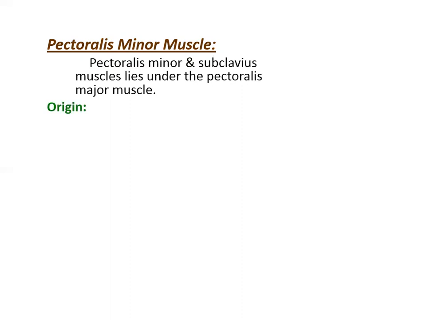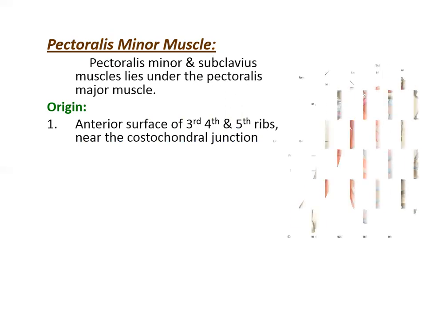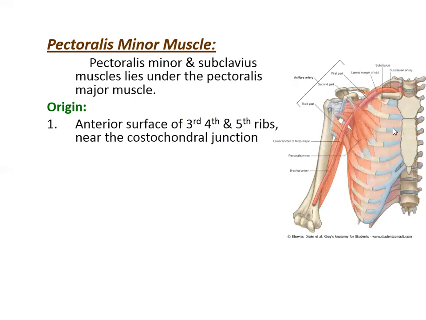So coming to the pectoralis minor muscle, the origin is from the anterior surface of the third, fourth, and fifth ribs near the costochondral junction. If you can see here, this is the costochondral junction. As I said, the rib comes anteriorly, but it is not in direct contact with the sternum, but through the costal cartilage. These are the costal cartilages. The pectoralis major muscle takes origin from the upper six costal cartilages. But the pectoralis minor muscle takes origin from the third, fourth, and fifth ribs just lateral to the